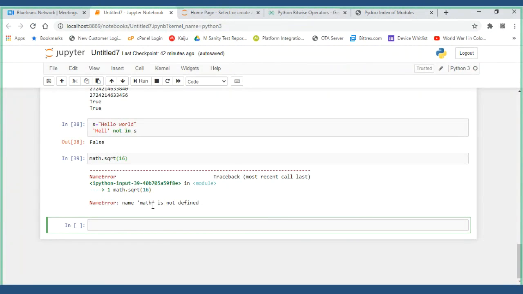So first you have to import the math module to use it. Why do we have to import? Because it is a module. It doesn't get loaded by default, when all the default programs get loaded into memory.